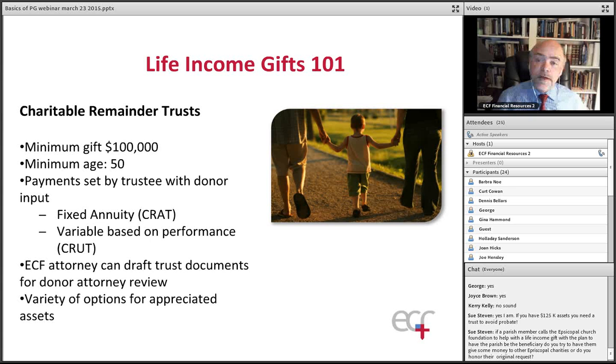The other kind is known as a unitrust or a CRUT. It's a variable trust, so it pays out a percentage, much like a good endowment, where it pays out a spending rule from the trust out of its assets. Now, many people would assume that the fixed annuity is more popular, when in fact that is not true. It is the unitrust or the variable trust, which pays out a percentage of the asset values every year,